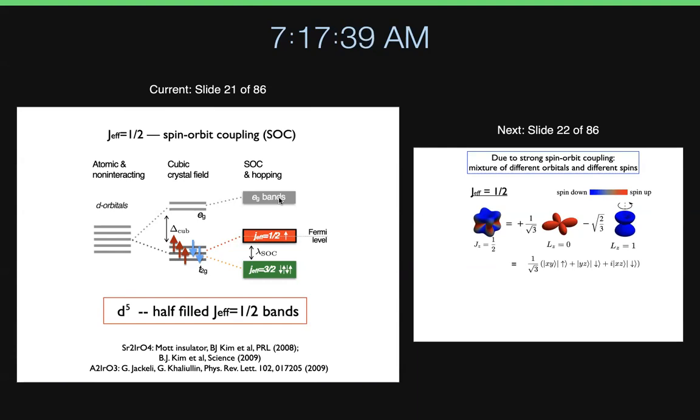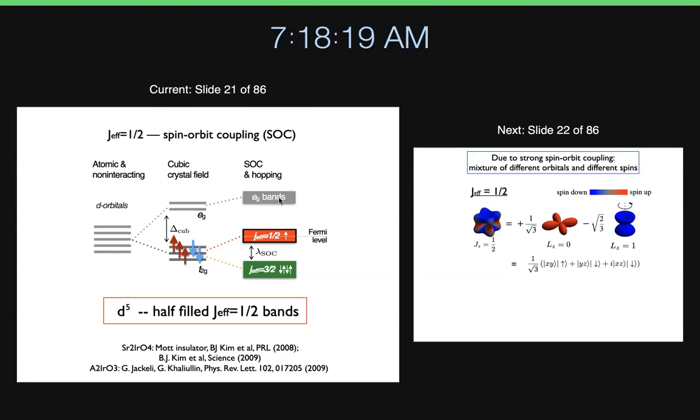What screws up this physics is the next energy scale, which is a trigonal distortion, or you have a C2/M where the monoclinic distortion comes in. When you have a material, you have a slight distortion of the octahedra. In an ideal situation this physics holds, doesn't matter whether you have 3D, 4D, or 5D, but the trigonal distortion comes in and starts to mix them up. So you're not going to get the doublet made out of J-effective half. You are going to get a doublet which is mixed up of these two, and then you are going to lose the spin-orbit entangled wave function.